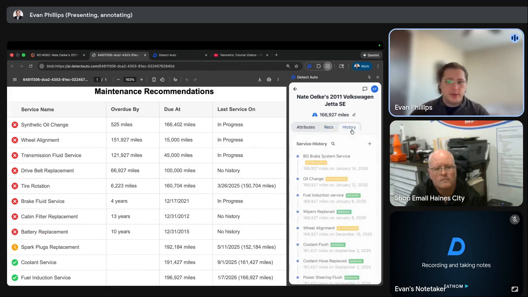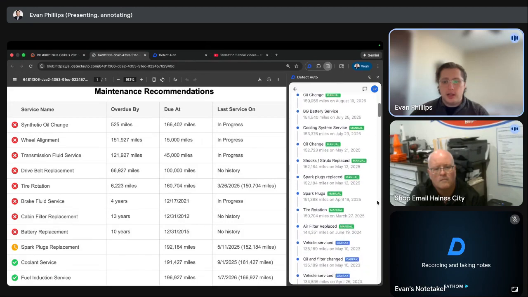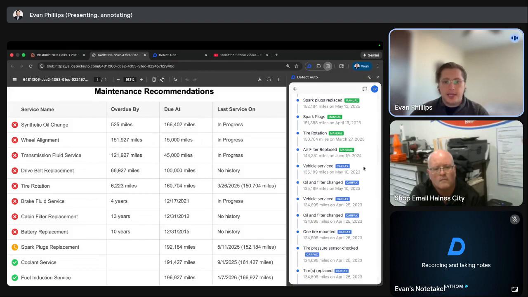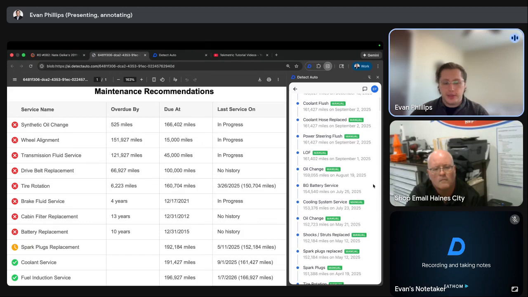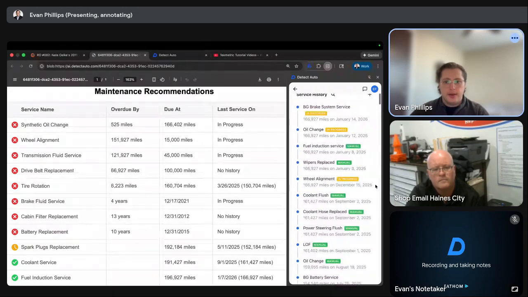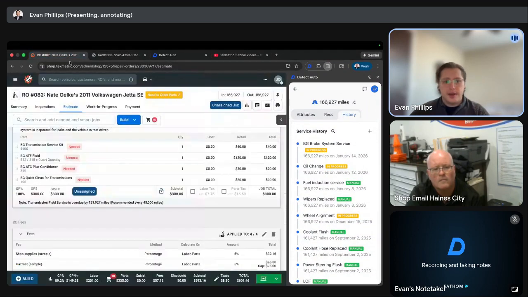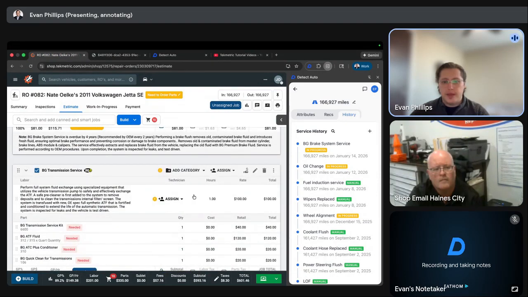That brings us into this history tab here. This is where you're going to see all of the history on this vehicle. It will all be in chronological order and labeled based on where it came from. Anything from Carfax will have blue labels on it. Anything from your location that you're working in will have either no label on it, a yellow label that will say in progress if it's already been approved and is on the repair order. Anything that has not been approved will not show up as in progress, or a red label to tell you